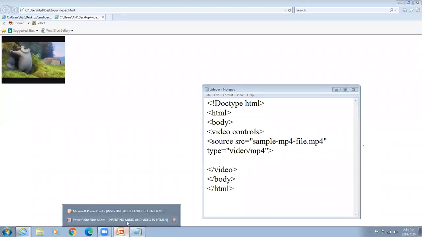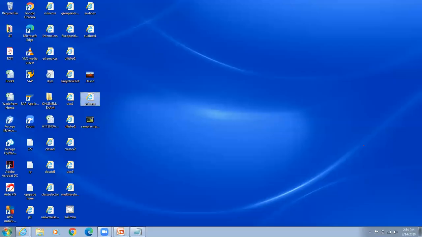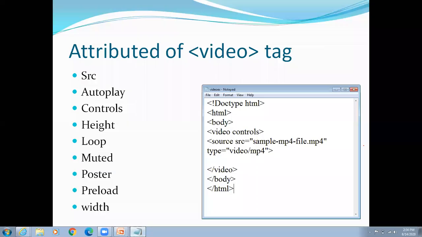See here again. What is the code I have used? Doctype html, html tag, body tag, video, controls attribute, then source tag, src attribute, and sample-mp4-file.